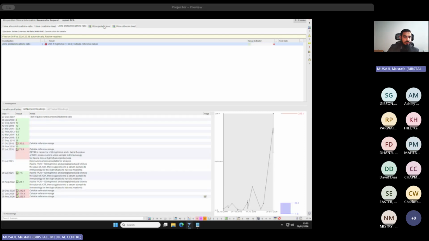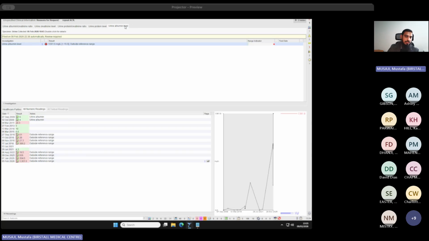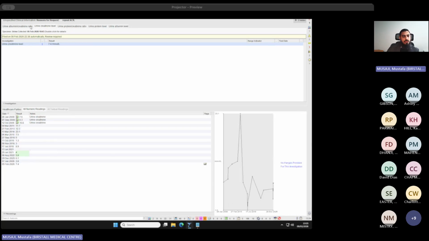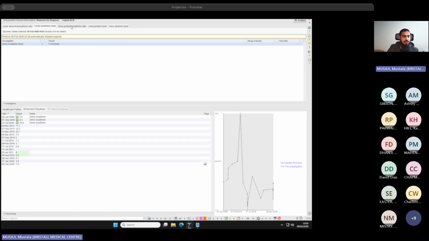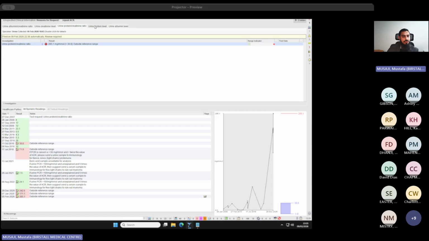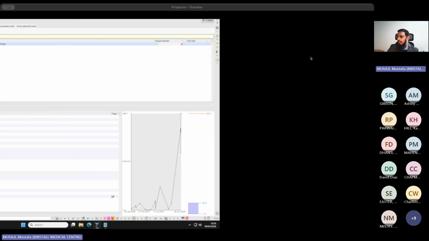PCR is raised, protein level is raised, and albumin is raised as well. One of the best things about this is you don't get the filing fatigue of going through things that are just normal, trying to figure out which one is actually the result you need to look at. So if I disable that again,